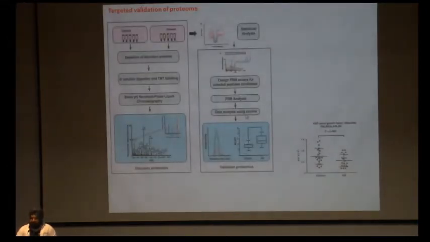Now, targeted validation of protein. For example, this is the diagram where if you have a disease and a control, you deplete the protein, you identify different peptides in the protein. Now, based on the identification of peptides, if you have characterized a particular protein and if you want a 10-minute test for that protein, we are able to do that. So we do this by parallel reaction monitoring.